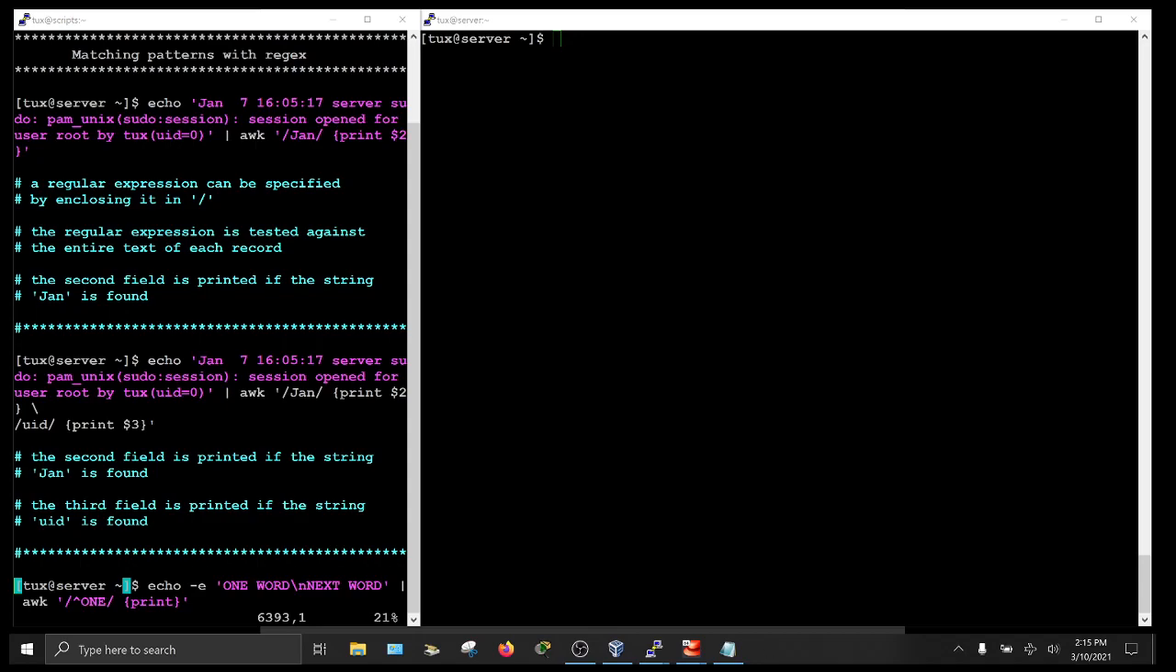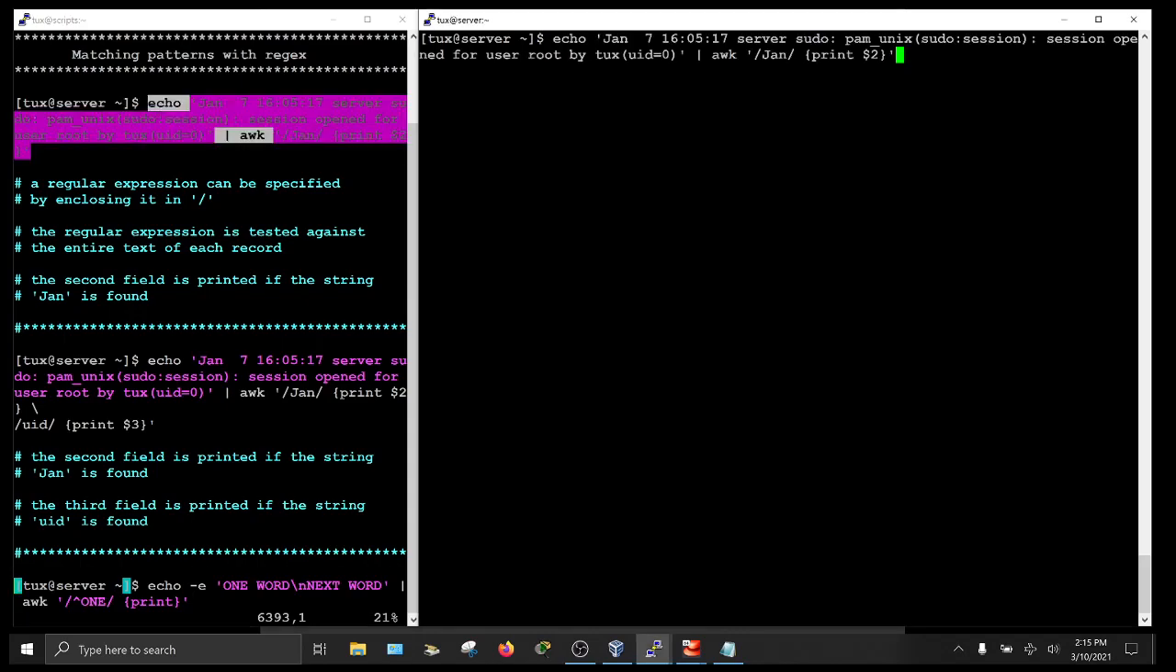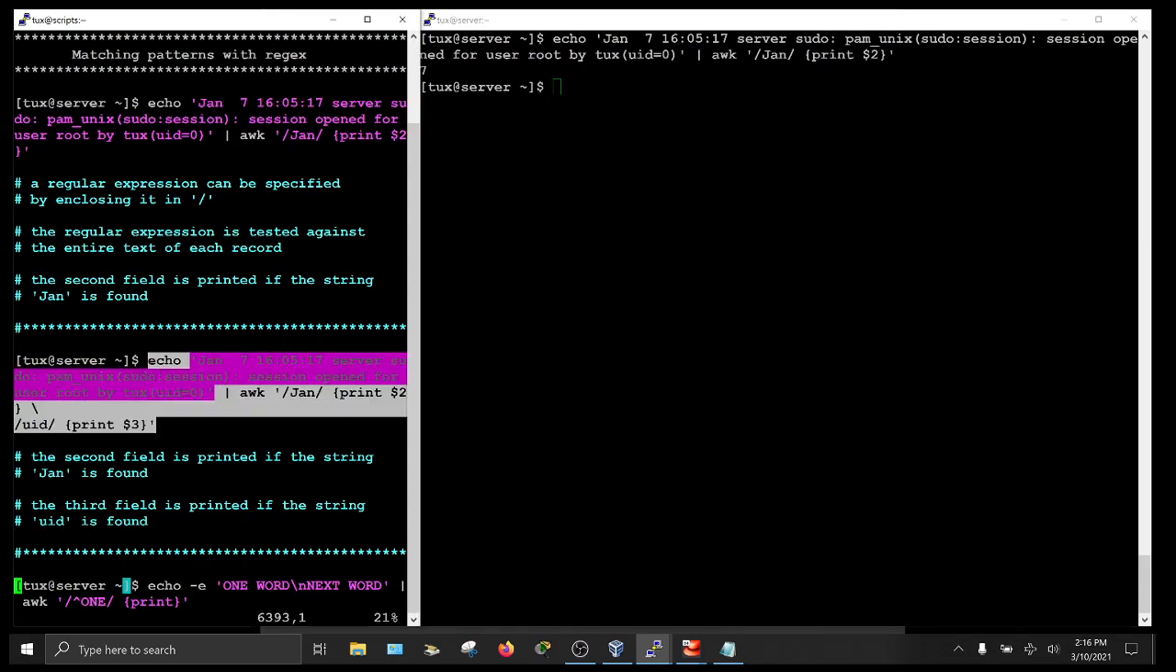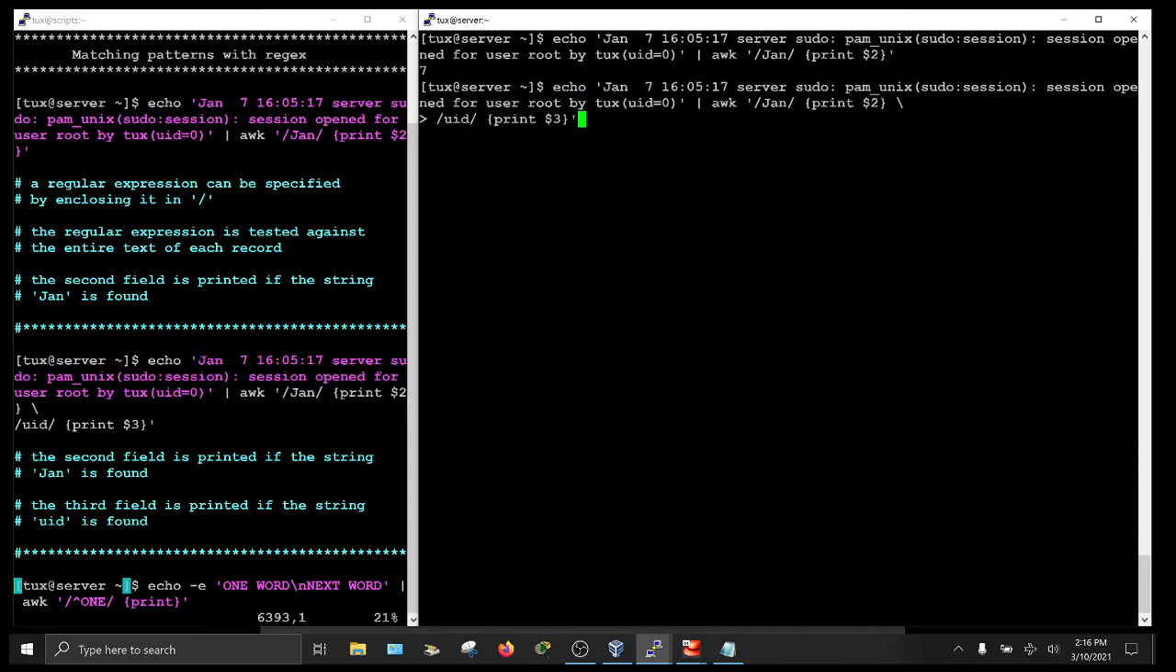In this tutorial, I will show you how to match patterns with regular expressions using awk. So here the pattern is Jan and the action is print field 2. So if Jan is found, then field 2 would be printed. If you want to chain together multiple pattern action pairs, you can use space backslash for the backslash continuation